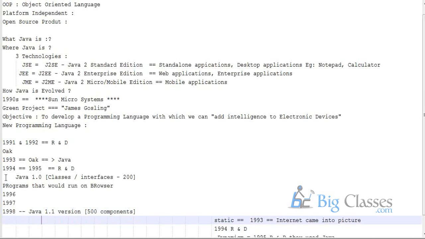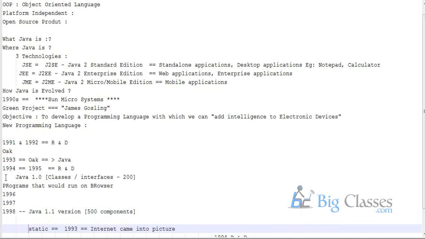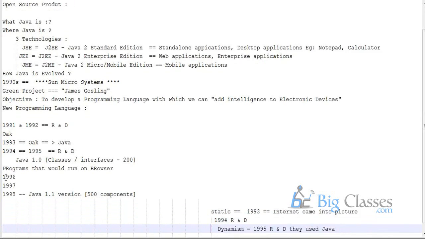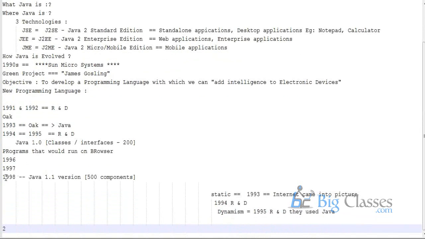Again the research and development went, so around 2000, more classes and interfaces, that is components, were added to the versions, around 1000.